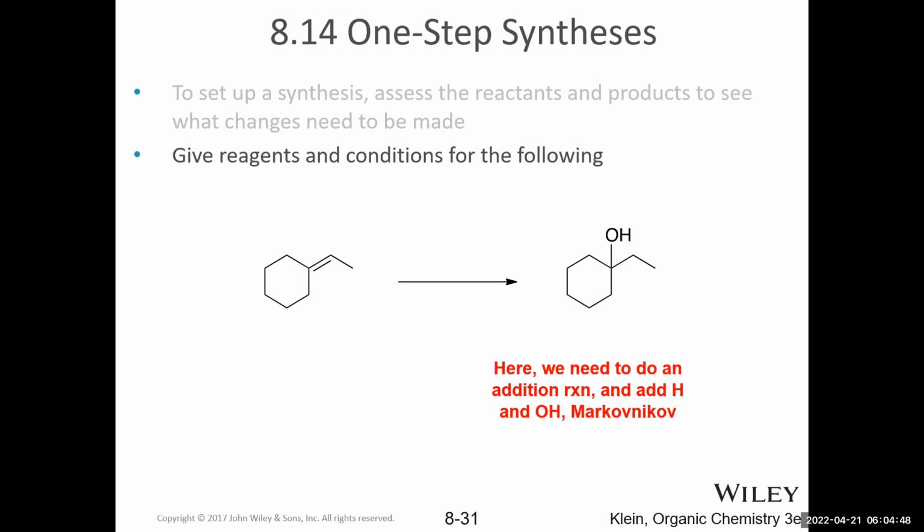So ask yourself, which reaction conditions do I know that give me Markovnikov hydration reaction? There's two. You can either do acid catalyzed hydration or oxymercuration demercuration. However, in this case, if we did acid catalyzed hydration, we would end up with a tertiary carbocation, which would not rearrange. So we don't have to concern ourselves with rearrangement, and we can use the cheaper reaction of acid catalyzed hydration. And we don't need to do oxymercuration demercuration.